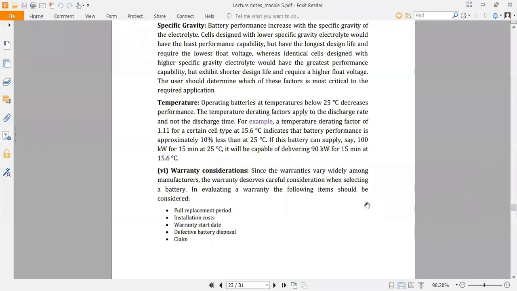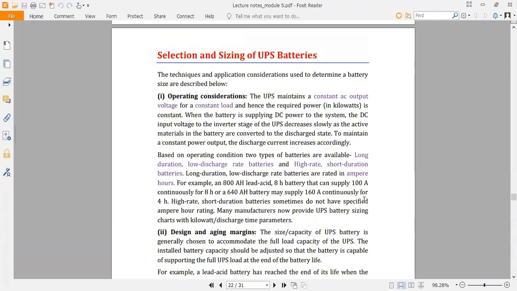अगर हमारा 24 months warranty है, तो after 2 years the performance will not be as equal as when we are using it at the initial stage, okay। अगर 36 month warranty है, तो performance after 24 months will be better than the battery which has 24 months warranty, okay। So the performance is also varying according to the warranty period provided by the different manufacturers, okay। And also the cost is varying, okay। So these are certain factors or parameters, you can say, to decide which type of battery we should use and what should be the size of the battery, okay।